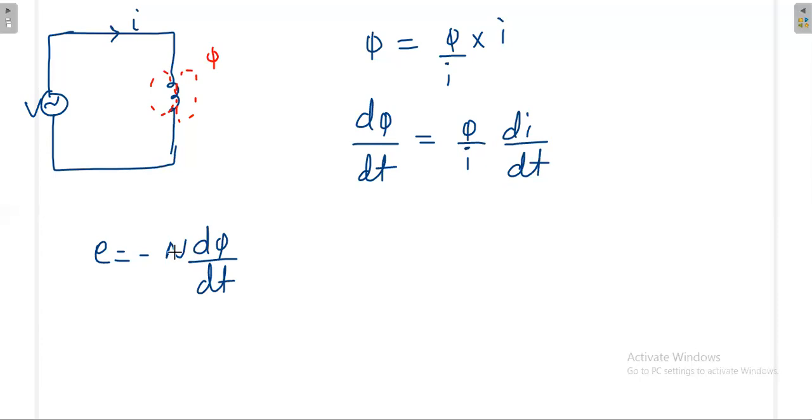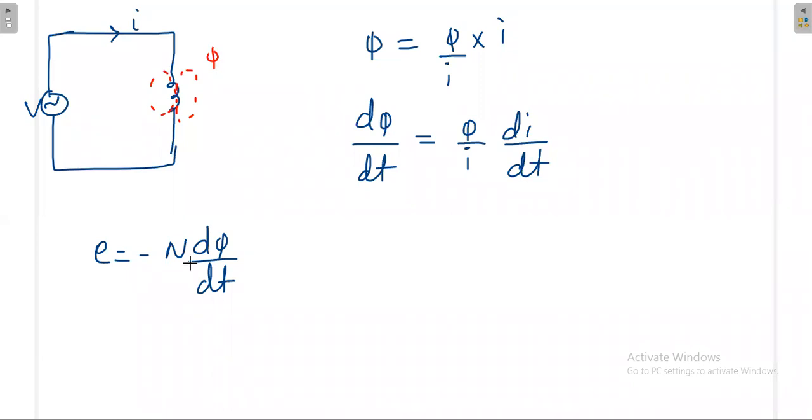Just take the formula, then I will tell you what is actually happening here. You are already applying some voltage, current is flowing, then time varying current is flowing. Time varying current will produce time varying flux, time varying flux will produce EMF, and that EMF value is E. Then what will be the direction of that EMF, whether it will be like this or like this, that you should also know finally. First we'll take the formula, and we'll proceed.